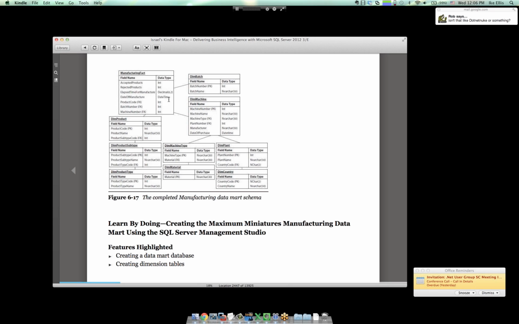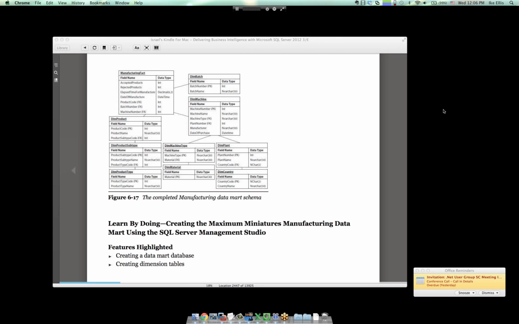He was like, "Oh, here's the data mart we're going to create," and then he has no problem doing something like this: dim machine, and then dim machine type, and dim plant, and then dim country, and dim material. That kind of snowflake schema. He had absolutely no problem with that. Where a lot of data mart designers would be a little bit reluctant to do that because, one, data marts are meant to make it easy to sift through the data if you're a user, and the more relationships you have, the harder it is for users to look for the data that they're looking for. And two,